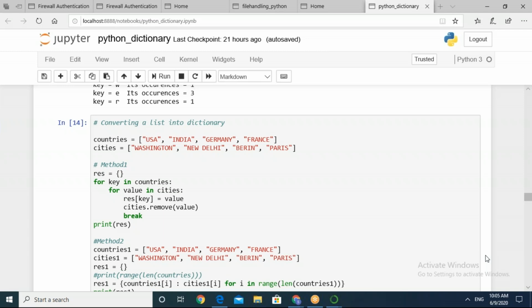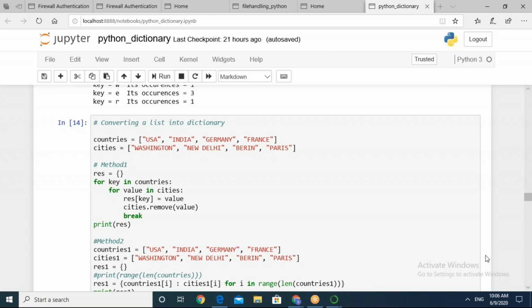That's why this step has been done, so that we can remove the entry which has already been added into the data dictionary. Next time I access the cities list, it should give me the next entry required for updating the data dictionary.